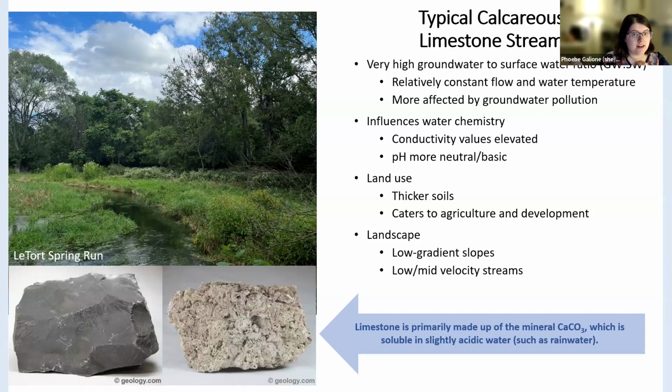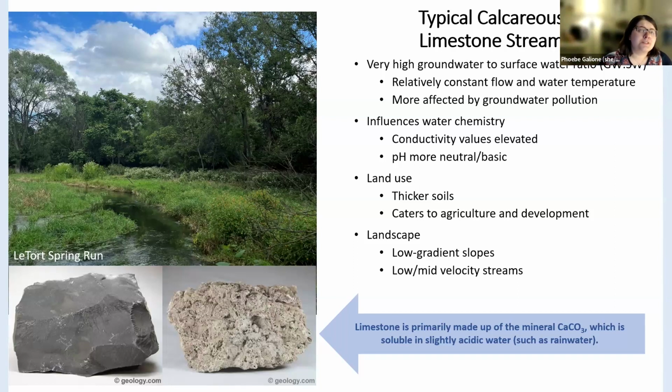And one of the things that occur because of groundwater-fed streams is that the water that comes out of it tends to be relatively constant flow, with a relatively stable water temperature, because it's not being affected as much by sitting on the surface and getting heated up. So you'll tend to see those pretty consistent water temperatures. And because it's groundwater fed, you'll also see more of the effects of groundwater pollution, so think things like salts and chemicals. Those may be more of the influencers if you are in a limestone stream area.